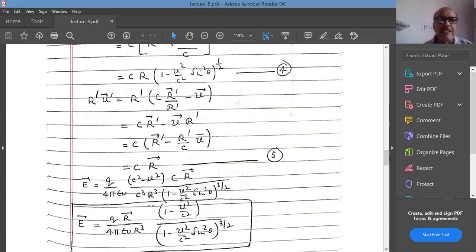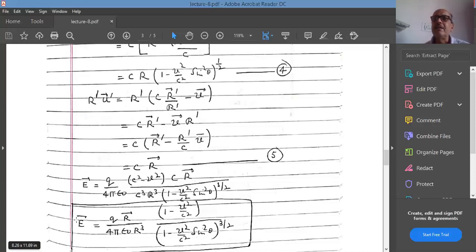b divided by c square, and it becomes 1 minus b square upon c square, and the denominator is 1 minus b square upon c square sine square theta to the power of 3 by 2. This is the expression for the electric field. If you forget about the terms written inside the bracket, the first term q into r upon 4 pi epsilon 0 r cube